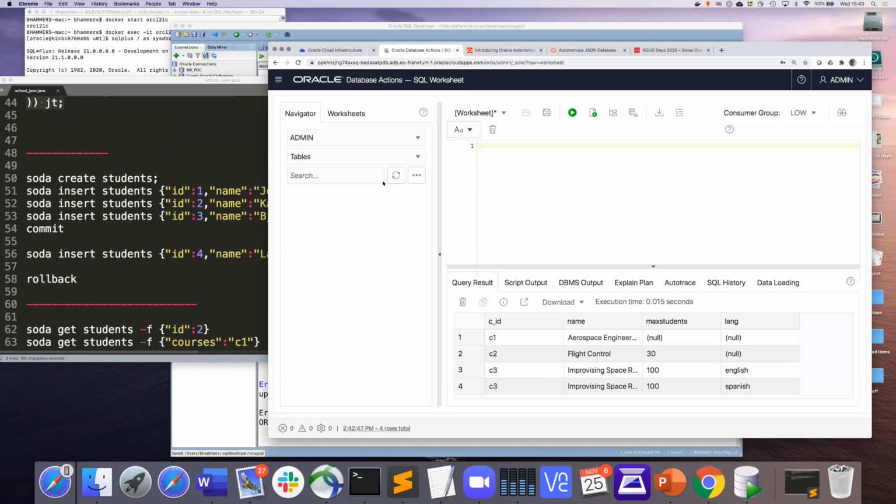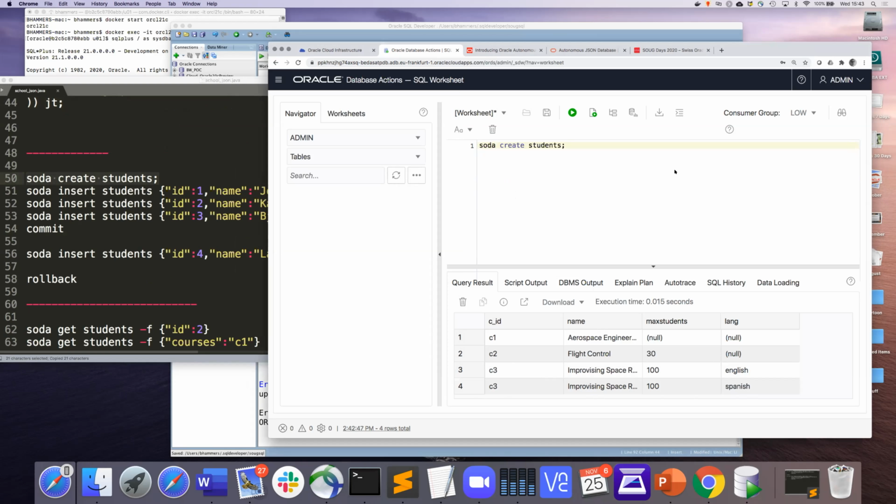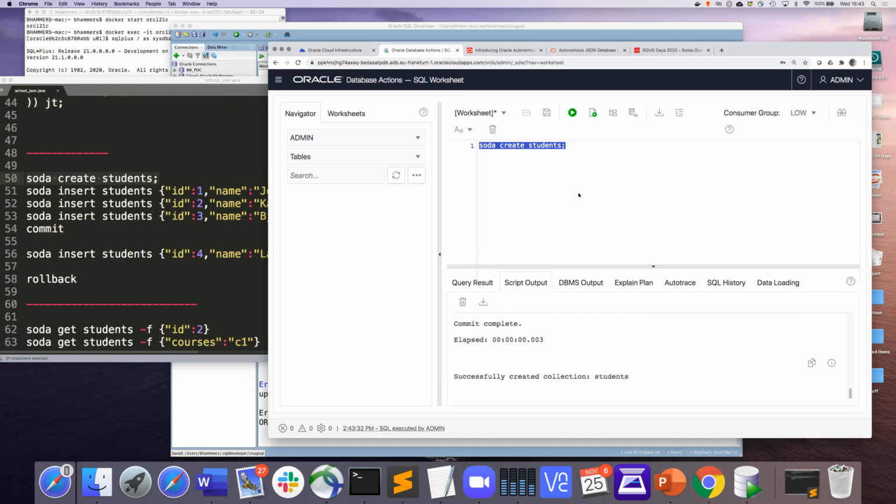So now we have teachers, we have courses, and now let's say I want to do students. And here we jump all the way to collections. So instead of creating a table with columns and data types that I need to specify, here I'm saying all I want to do is I want to have a collection, like a bag of JSON documents, and I call this student. So under the cover, this will create a table where I store my JSON in a specified column, which I don't have to list. There is an ID associated with it, so I can do fast lookups by ID, and some additional data when stuff got created and when not.